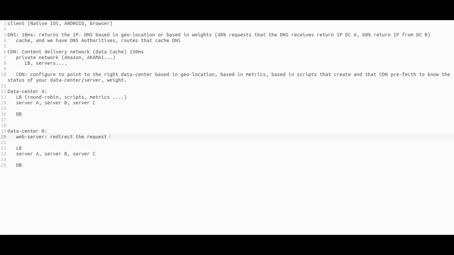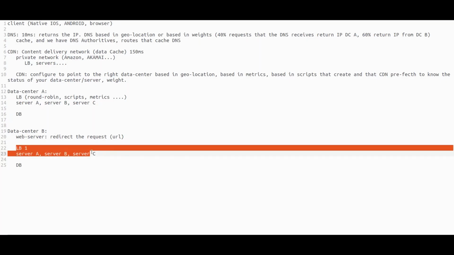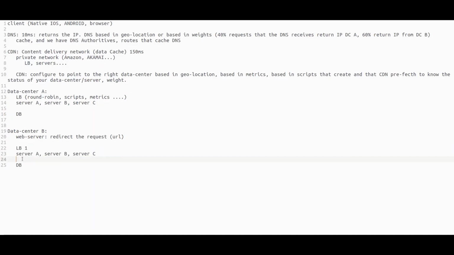The request will be a simple URL which has a domain, a path, some query string, whatever, and basically the web server will redirect this URL to load balancer 1 if the URL contains a specific type of string, and otherwise it may redirect to load balancer 2 if the URL contains some other string, whatever. So A, B, C, D, E, F, or it could be just like this. This is just an example,